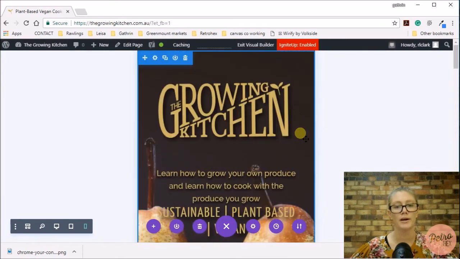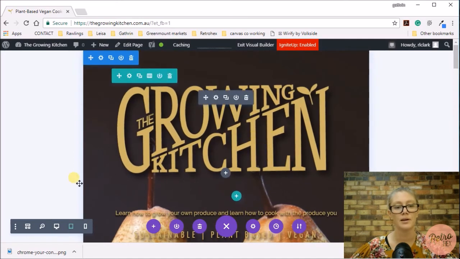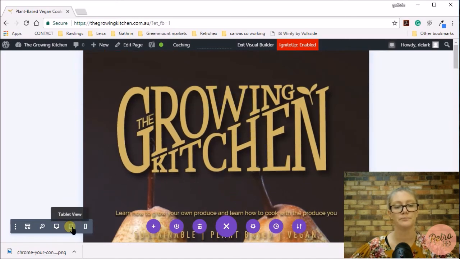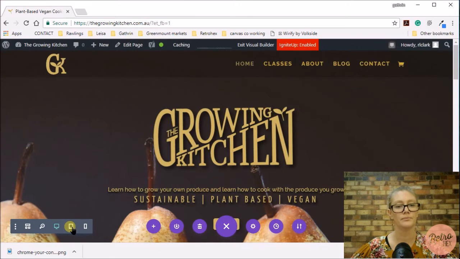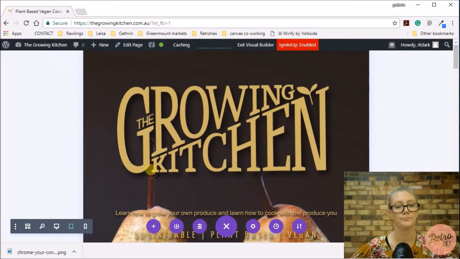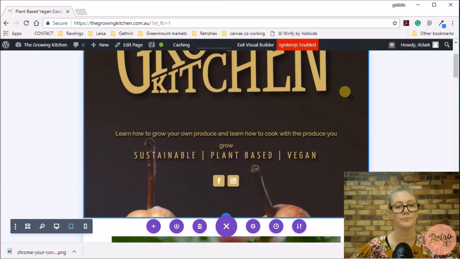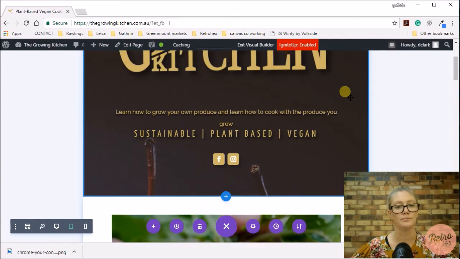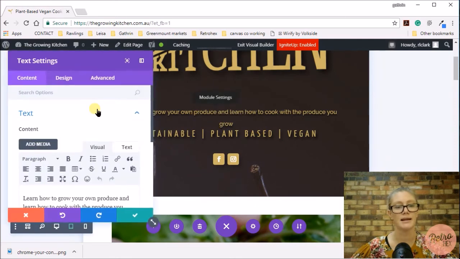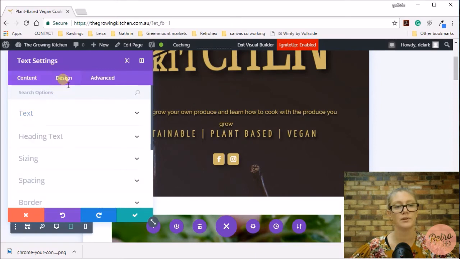You can then go and do that for your tablet sizing. So clicking on the tablet view, you can scroll down to make sure it's looking good. So here the words are traveling over, so I'm wanting to go in and adjust that setting. So I need to go into the text setting, the design,